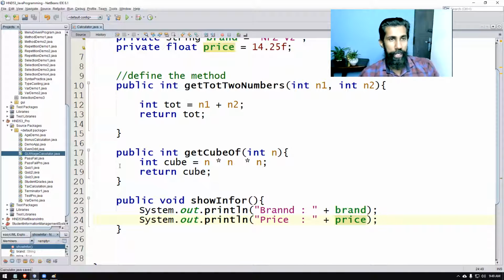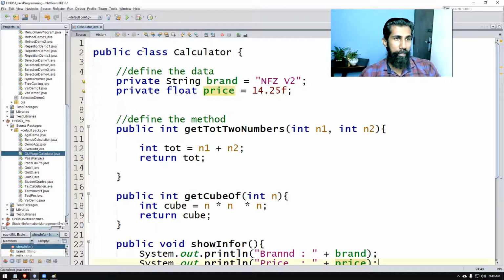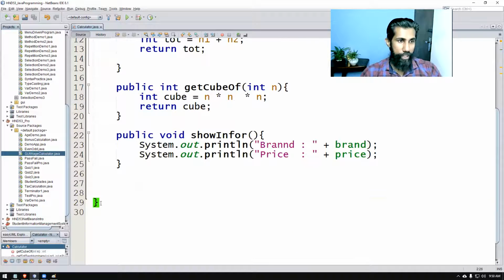So if you take a look from the top, public class Calculator, nothing new to us. You have to write the keyword class, then the name of the program, which is Calculator. So public I have used. You can use either public or nothing here, which is default. Public or default are the only access modifiers you can use for classes, right? So program starts here, program finishes here.